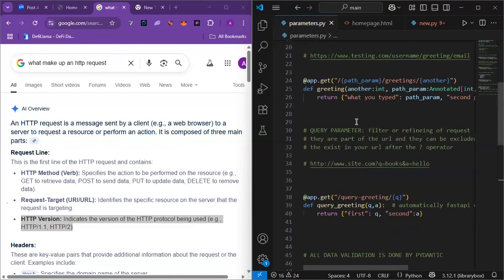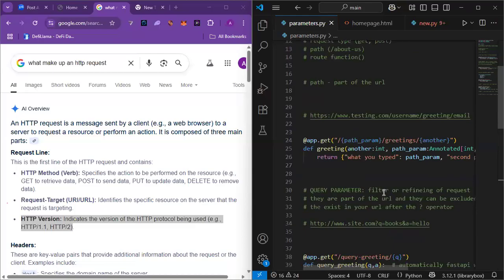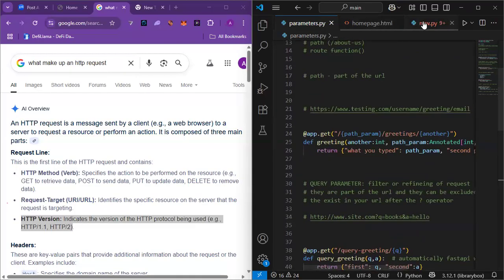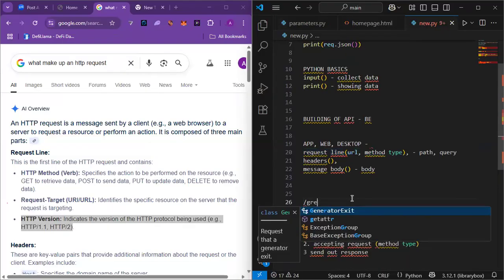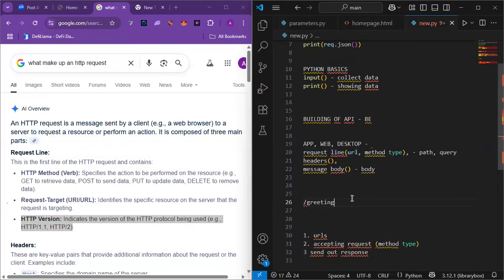So let's assume that we have this URL called /greetings, right? Remember, what makes a complete URL is the domain name alongside the specified parameter. So it means that what makes this a complete URL is that there is an invisible domain name behind it. So let's say